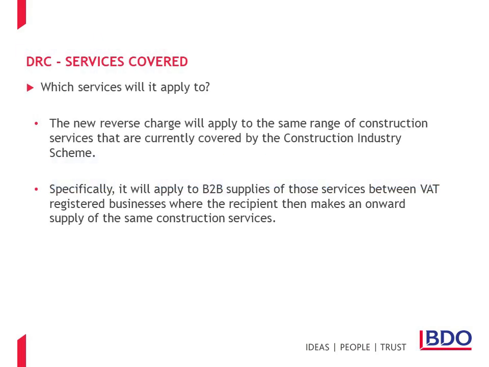The key points to understand, therefore, are which services the DRC will relate to and how an end user is defined. The services covered by this change are broadly those services that fall under the construction industry scheme. HMRC's updated guidance issued on the 7th of June 2019 has clarified that this will include supply and fix works. For example, we now know that a joiner constructing a staircase off-site, then installing it on-site, is making a supply of a reverse charge service, even if the charge for installation is only a minor element of the overall charge.